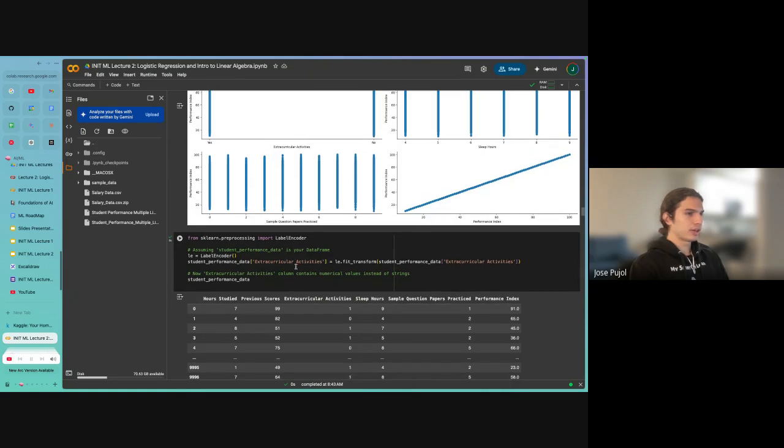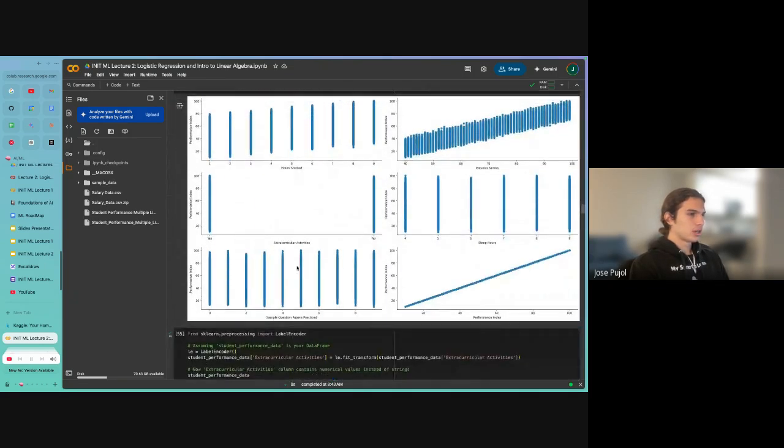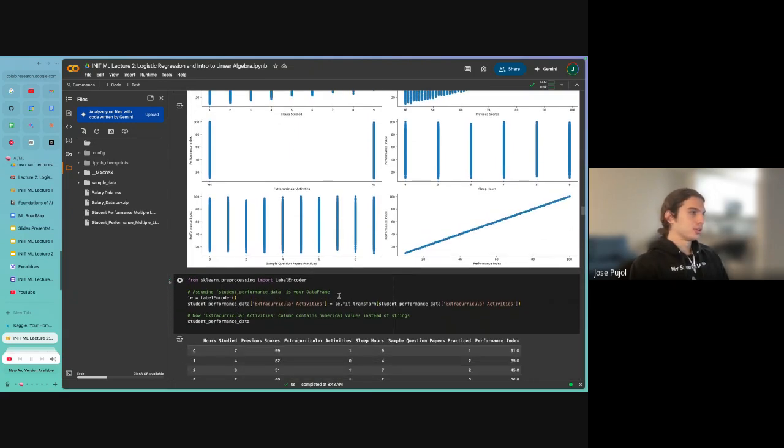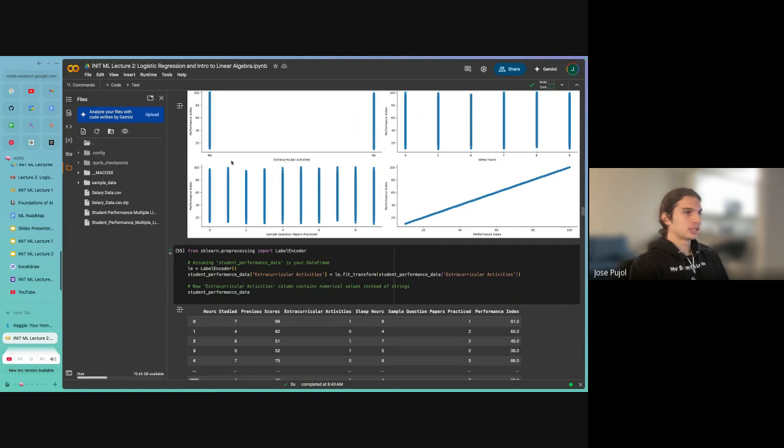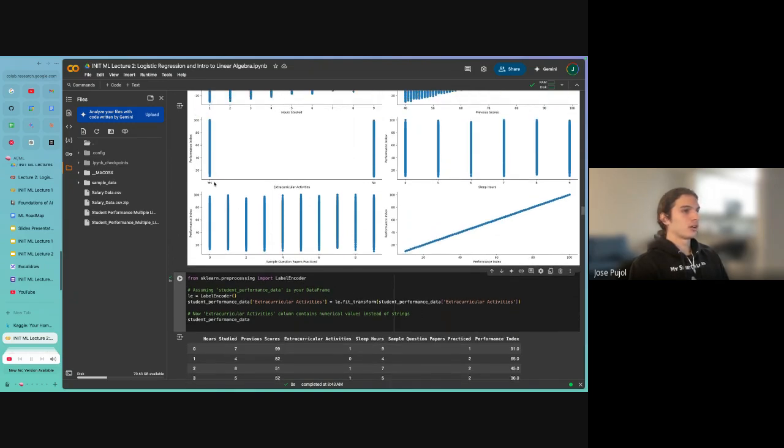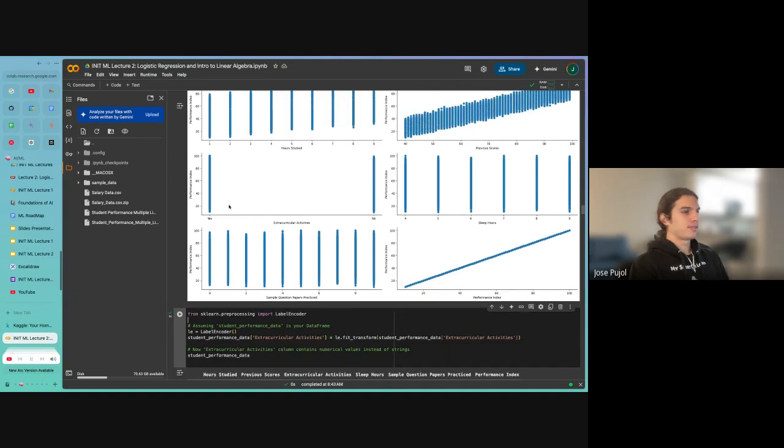And so, by the way, you see that extracurricular activities is yes and no. If you give the model a string, obviously it cannot do gradient computation on a string. It needs a number. So you actually need to turn these strings into numbers. We can do that using this label encoder, where let's just say we'll put yes as 1 and no as 0. That's just so that the model can be like, okay, if I see a 1, then I'm going to put extra weight on that value.